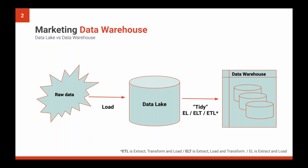In your data warehouse, you will see that you will have some groups of data. For example, you will have a place with all your ads data, a place with all your analytics data, and all of it is well organized and cleaned. Usually the process of transforming, cleaning data and loading it to a data warehouse is called ETL, or